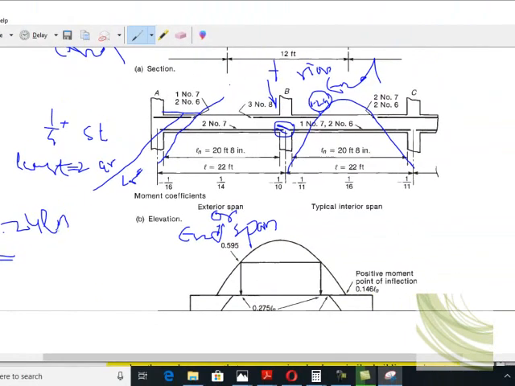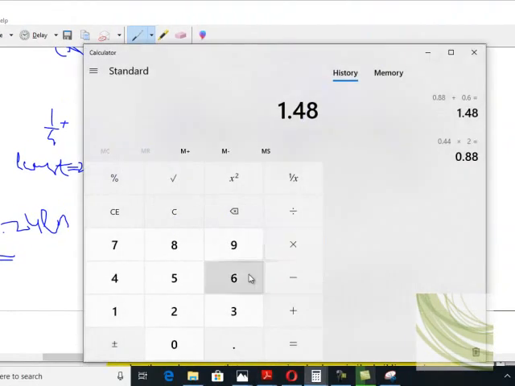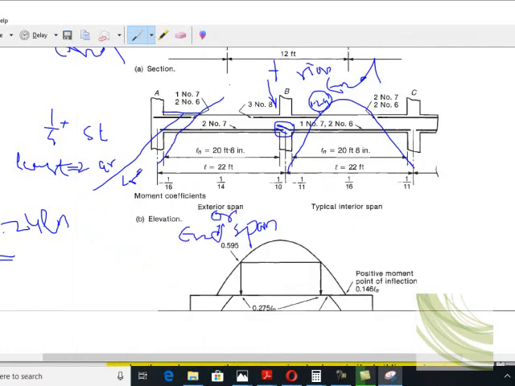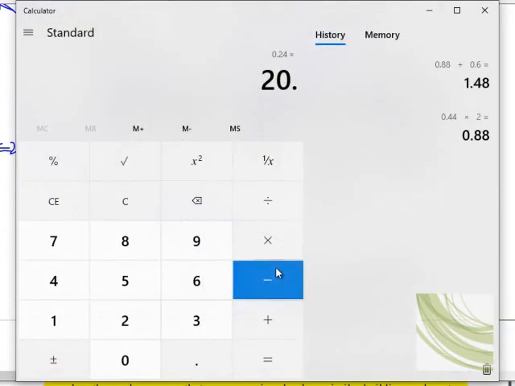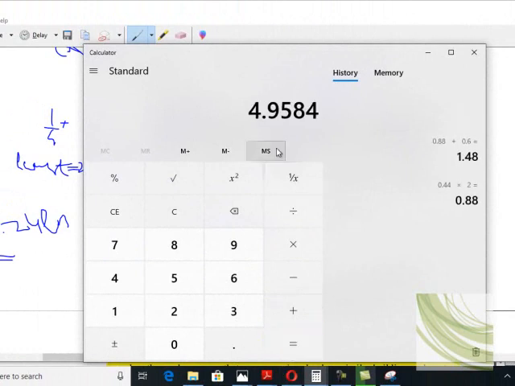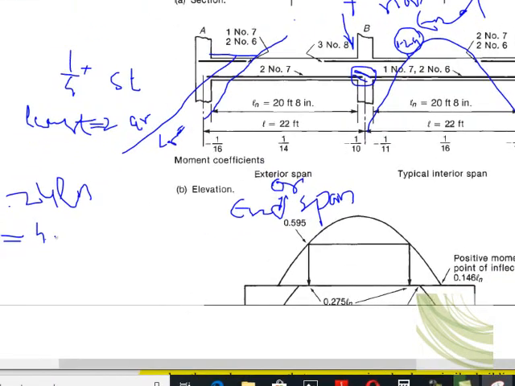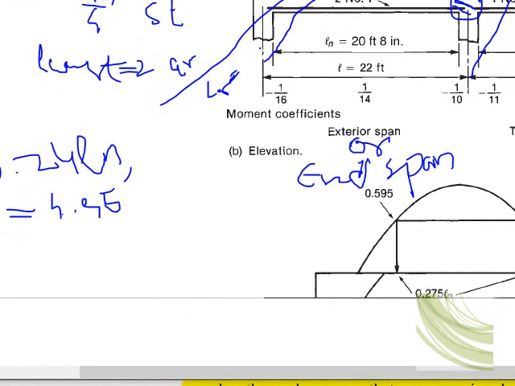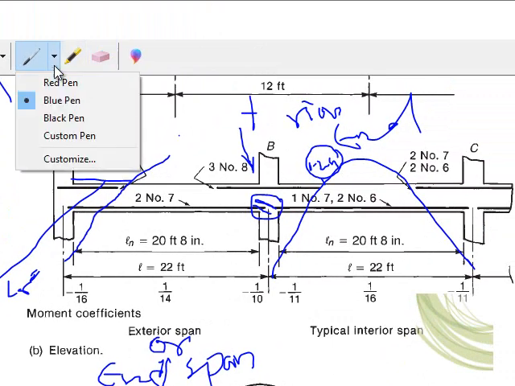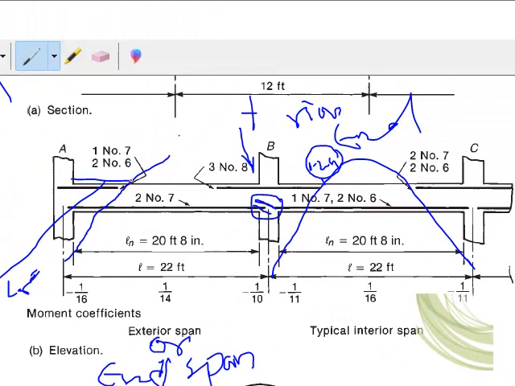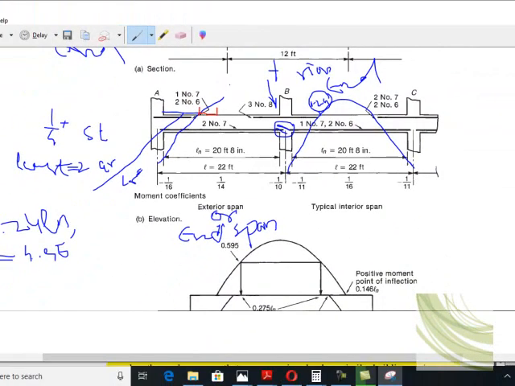If you multiply 0.24 by 20.8, it is about 0.66, so it comes out to be 4.95. This distance is basically 4.95 feet from the face, and you need to extend this point away from the support for a distance of d,